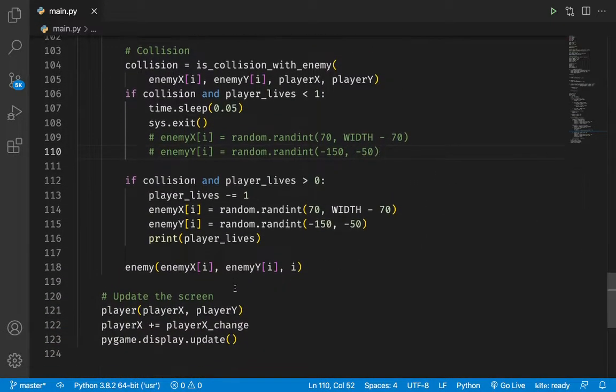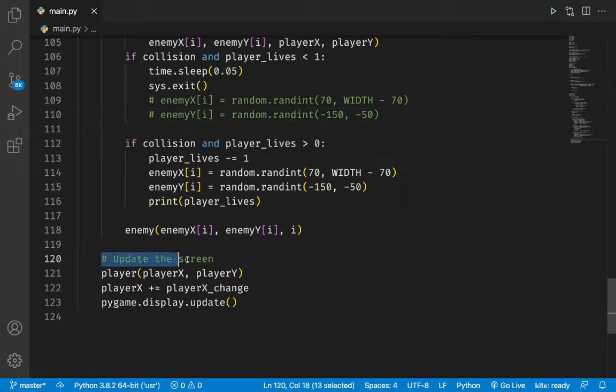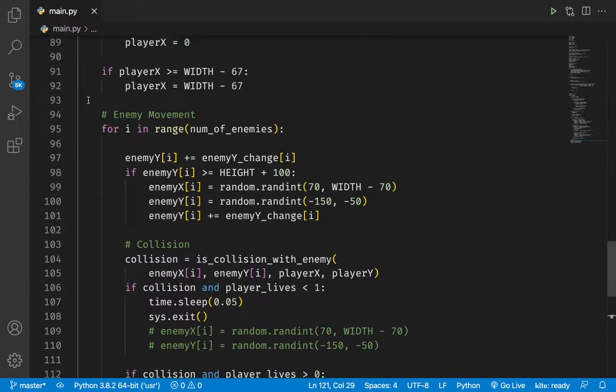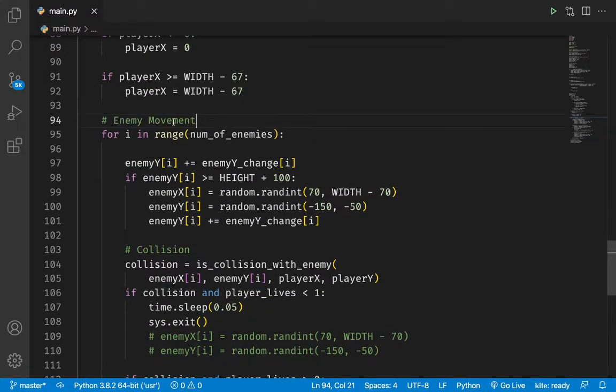So now what I did was I went to where we update the screen. I had also blit the player and was continuously changing the enemy's y coordinates. I just got rid of those two lines, and I actually had to put it over here where I call all of the enemy movements. Actually, this is supposed to be called enemy logic.